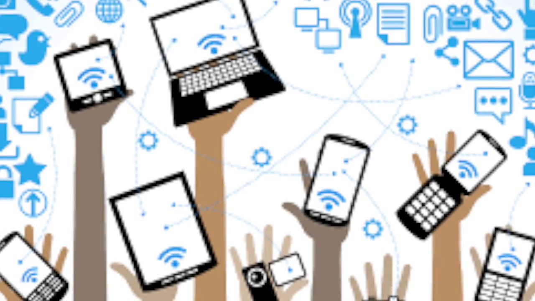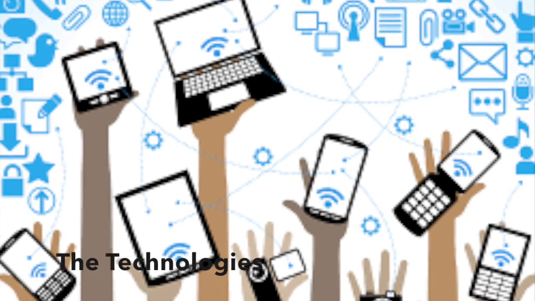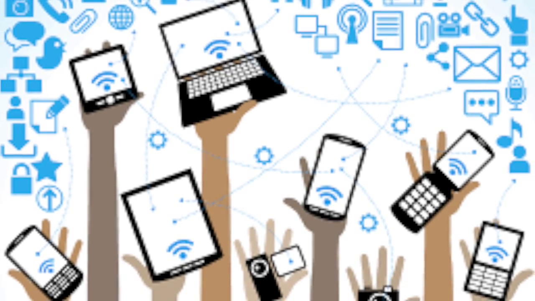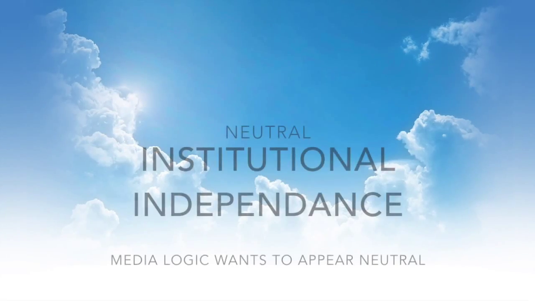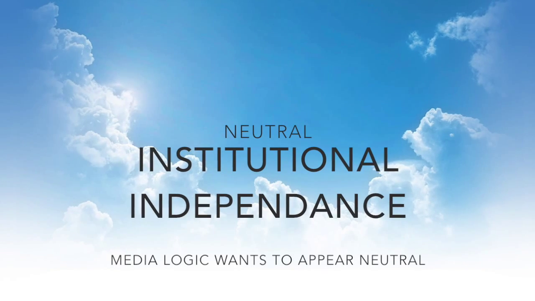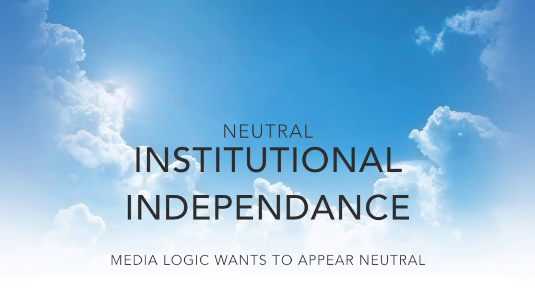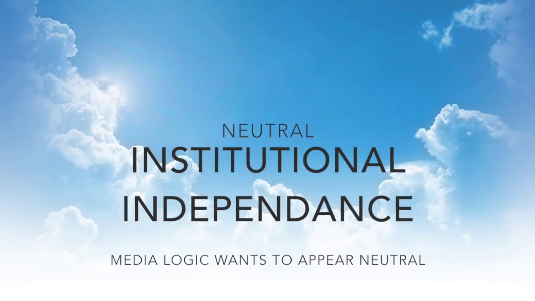But what is the point of this logic? As mentioned before, the second aspect of media logic, the technologies that drive them: pictures have an emotional impact, therefore enhancing television's potential to sway large audiences. The neutral factor is based on institutional independence. Again, as Altheide and Snow observed, media logic wants to appear neutral in its representations of certain products. Look at the media personalities you see on TV. They are chosen not based on their specific knowledge or expertise of certain subjects, but by virtue of their ability to fit in with specific media platforms.